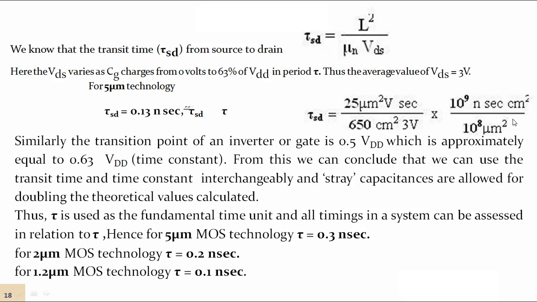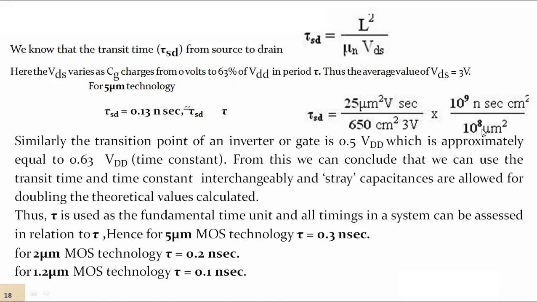These are the conversion factors. Just see here: n is nano. Nano means 10 to the power of minus 9. If you multiply it with a plus 9, these two get cancelled. When we multiply by minus 9, the entire thing is converted in terms of nano. For that reason, here we took nano, n is 10 to the power of minus 9, and we substituted a plus 9. Similarly, here 10 to the power of plus 8.